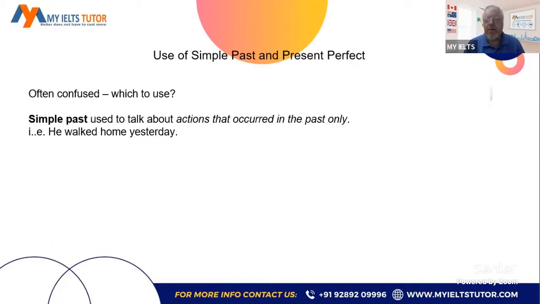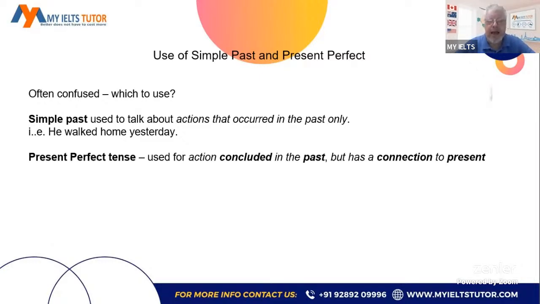Before you joined this live session, you clicked on the link to get here. "Clicked on the link" would be the simple past. Now, for present perfect tense, we want to use this for an action that concluded in the past but still has a connection to the present. Okay. So, for example,